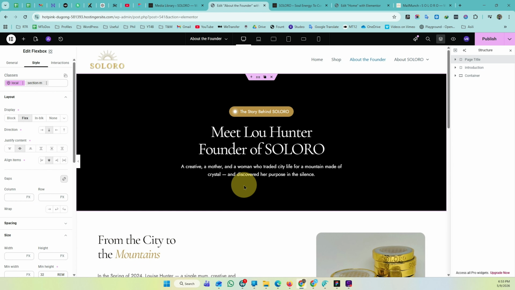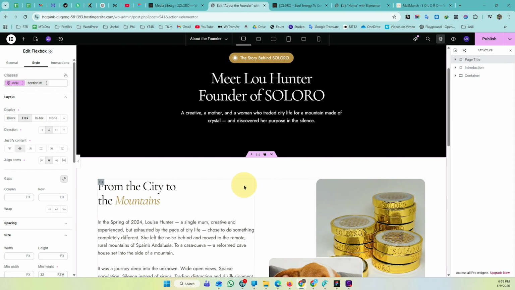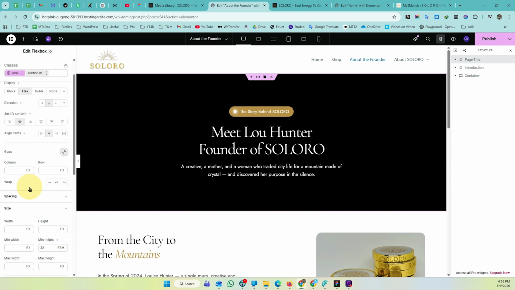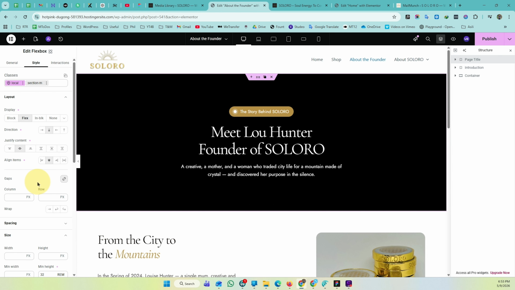Recently I was working on a website in Elementor V4 and I wanted to hide a specific widget on a specific breakpoint. So I started looking for a responsive section just like we have in Elementor V3, but I could not find it anywhere. After exploring further, I came to know that in Elementor V4 this works differently compared to V3. And once I understood how it works, it is actually very simple. And that is exactly what I am going to show you in this video.